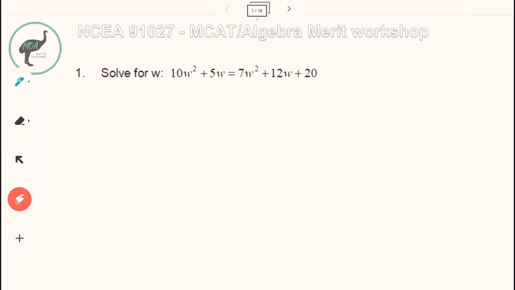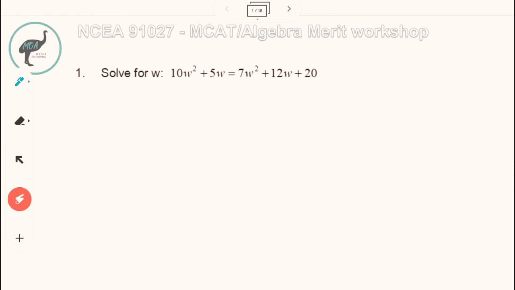The other type of situation we would get is a quadratic, which is where you've got two-dimensional x's, like x squared, or two-dimensional letters. In those situations, you will be solving a quadratic, and a quadratic is solved by getting all the terms on one side of the equation and making it equal to 0, and then factorizing. So in this particular case, we're looking at a quadratic because we've got a w squared, a w, and a number. So we want to get all the terms on one side of the equation and simplify it so that